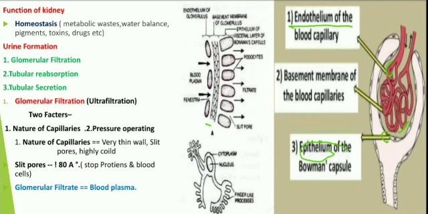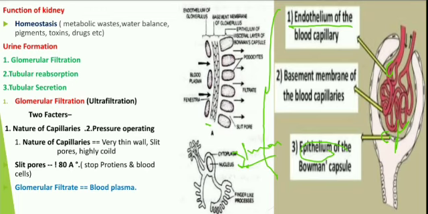and this space is made up of basement membrane. So if the filtrate enters from the glomerulus, it must pass through these three layers: the endothelial layer, the basement layer, and the epithelial layer. Overall, the thickness of these three layers is less than 1 millimeter, and that's why the thickness of this layer is very small,